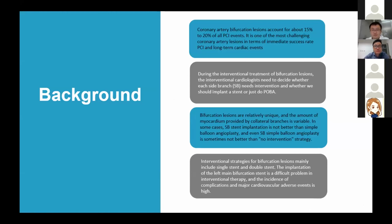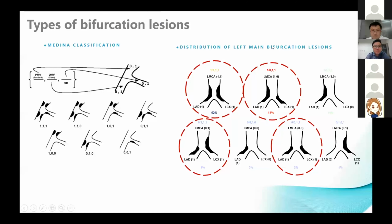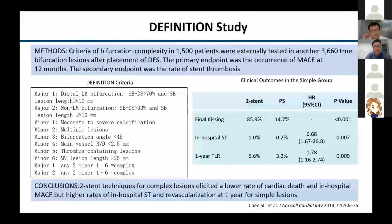During the interventional treatment of bifurcation lesion, the interventional cardiologist needs to decide whether the side branch needs to be treated or not, and whether we should put a stent or just do POBA. According to the recommendation of the European Bifurcation Club, provisional strategy should be the first line choice, and the simpler, the better. However, there is a crucial question: when and how we should do provisional side branch intervention. To answer this question, we have to carefully evaluate the bifurcation lesion,